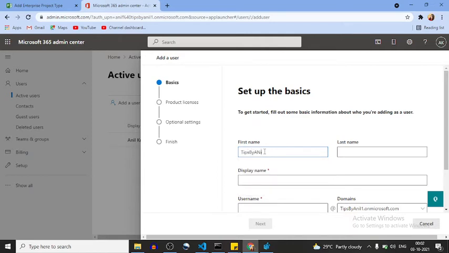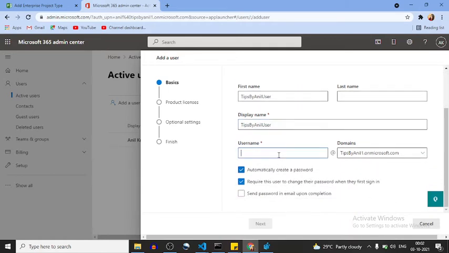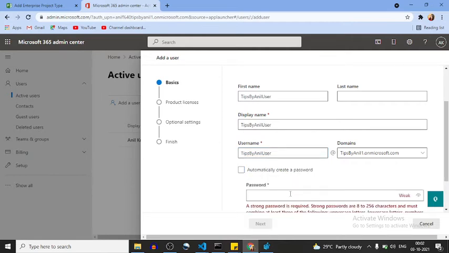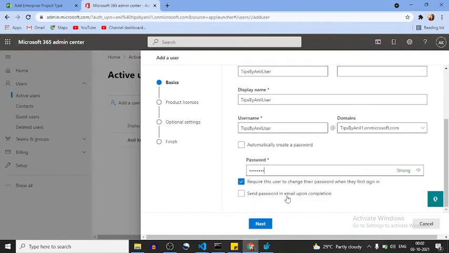Tips by Anil user. Okay, and this will be my display name as well. This will be my username as well. Automatically create a password? No, I won't create the password. Send password in email?